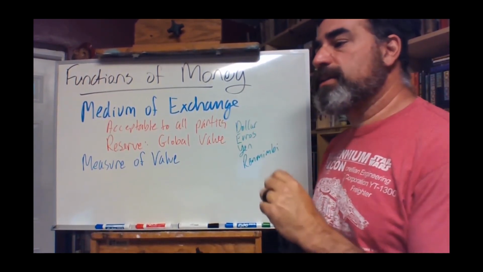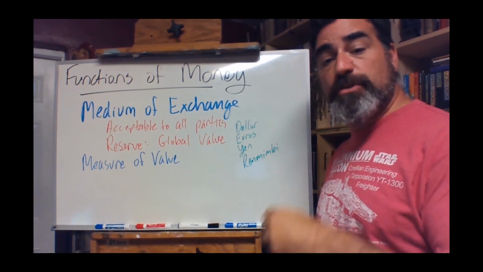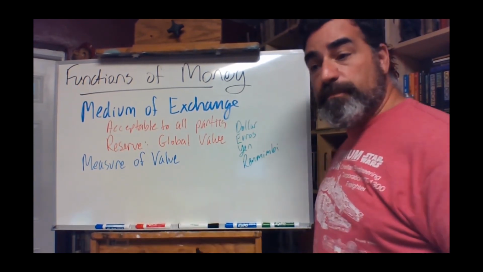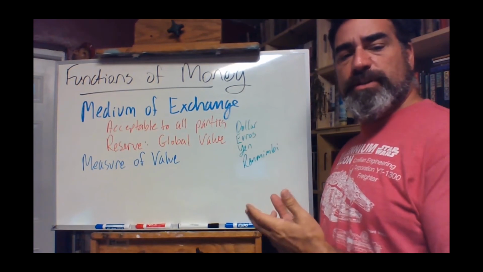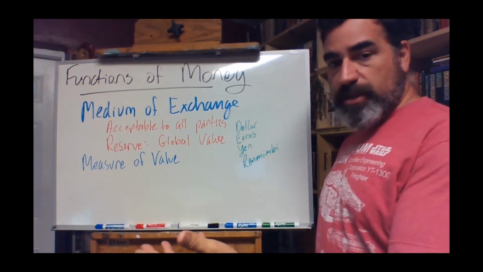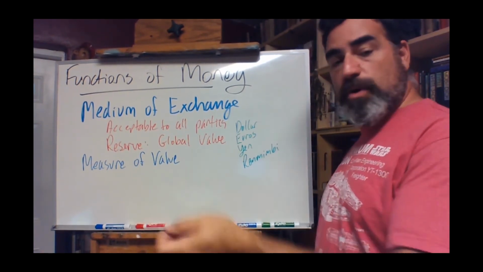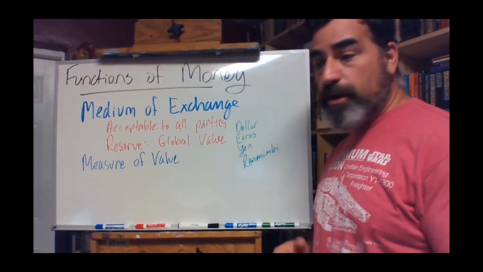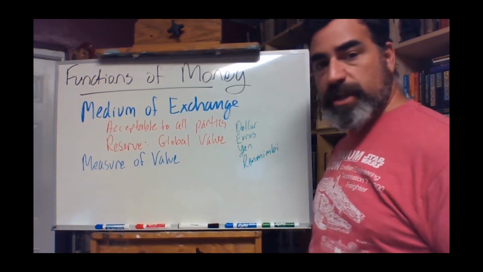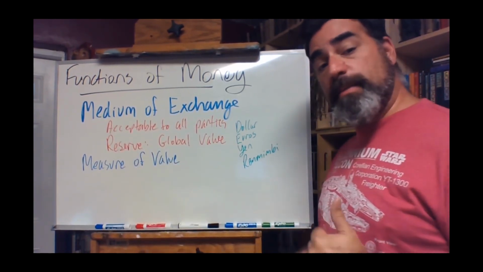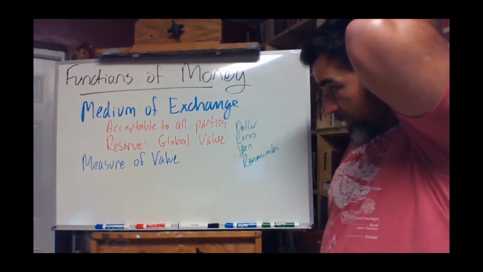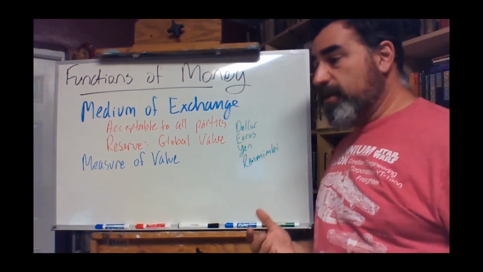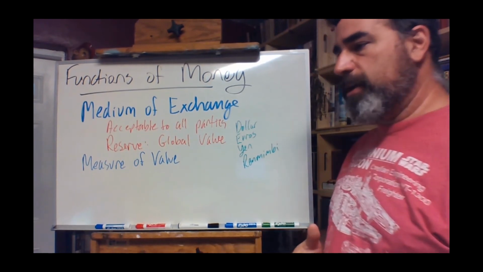Another thing it is a measure of value of is, of course, labor. Otherwise, it's very difficult to say, this is the job I need to have done, it's worth $10 an hour. Are you willing to do this job for $10 an hour? Yes, no, maybe I am, maybe I'm not. So it becomes a relatively efficient measure of value.